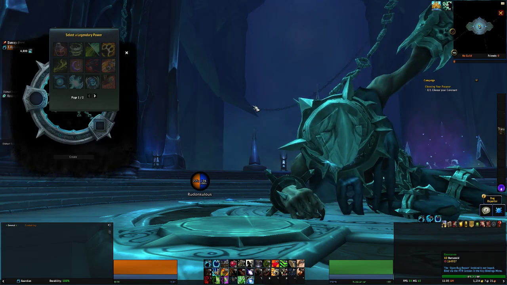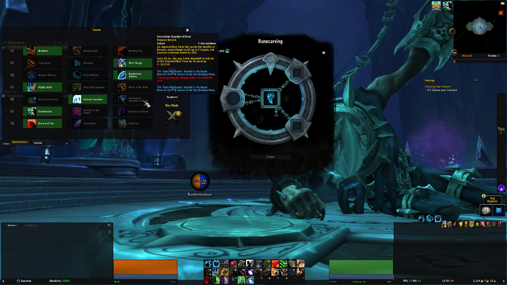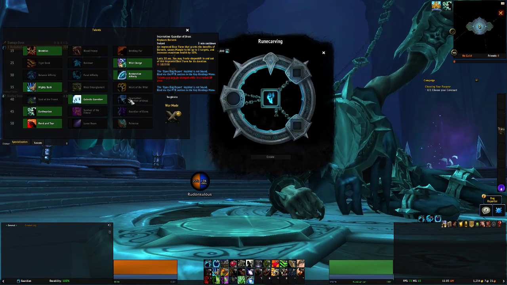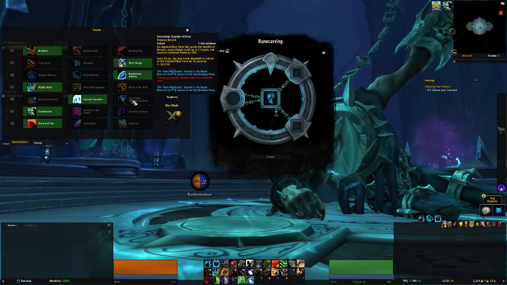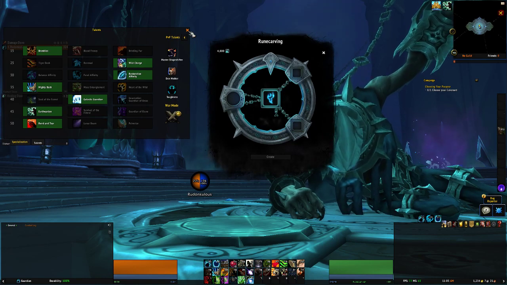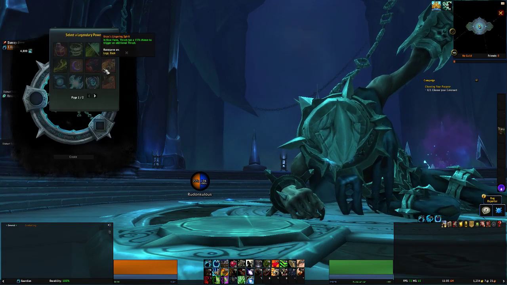So the really nice thing, if you're thinking about bear tank right now, is that Berserk is now baseline, and as a result, you no longer have to really worry too much about the Guardian of Ursoc ability. It's something that is going to be more of a preference play style. But if you go with Galactic Guardian, you essentially have this ready to go on a 3-minute cooldown. Because we now have Berserk, it's going to feel as though we have